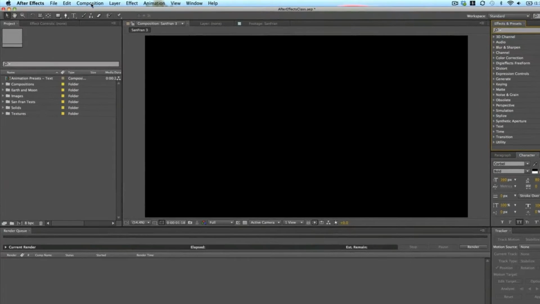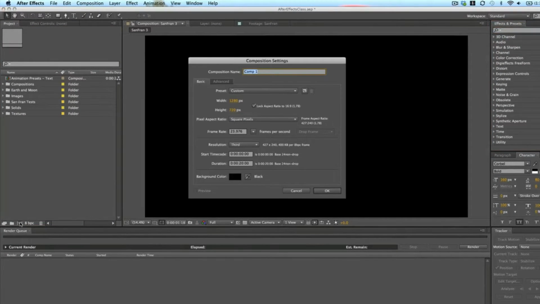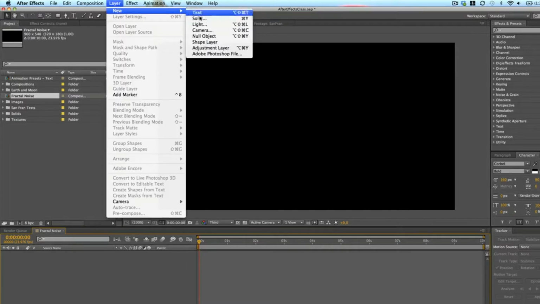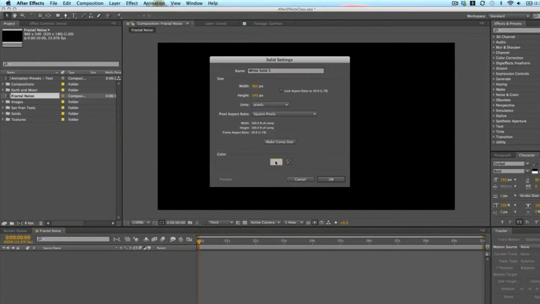So let's go ahead and start a new composition. I'll just show you. I'll call it fractal noise. Just make this 10 seconds. And I'll just drop down the size so that it renders easily. I'm going to add a new layer. I'm just going to do new layer, solid. We'll just make it